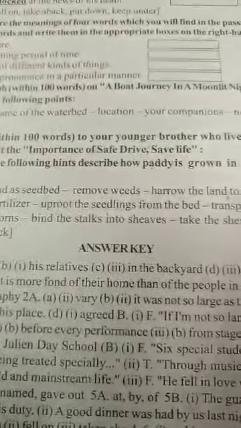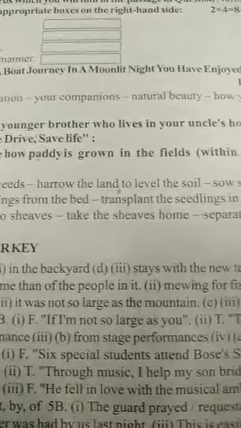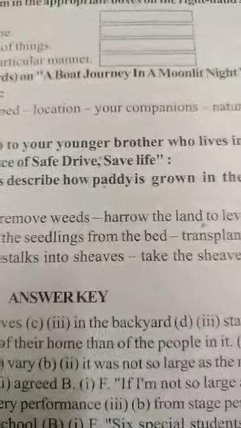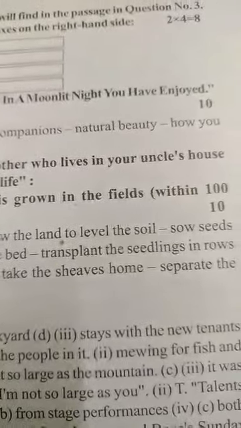Here is a question in your test paper at 101 page of 2019-20 Madhyamik test paper. A question is given there at question number 9. With the help of the following hints, describe how paddy is grown in the field within 100 words. Points are given like this: plow a plot of land as seed bed, remove weeds, harrow the land to level the soil, sow seeds,